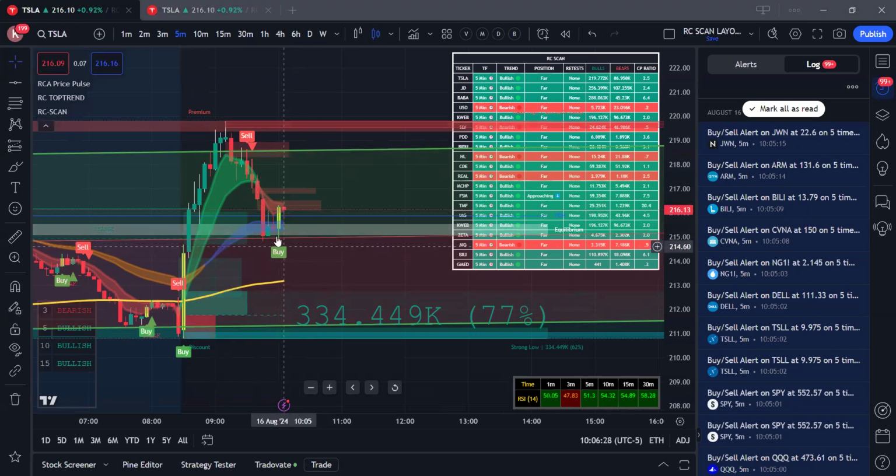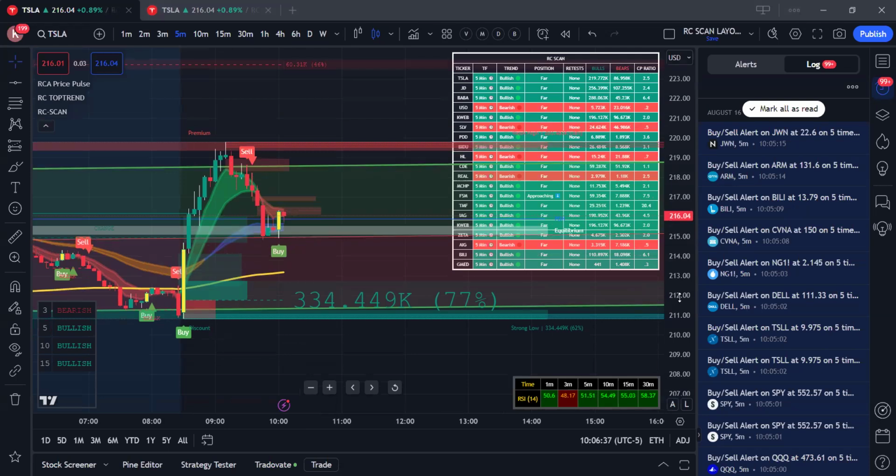Yeah, we got a buy signal on Tesla. It's the same thing. It's a bit bouncing up. Either we can buy Tesla calls or we can also do a bull put spread. Still, this 3 minutes is bearish. You can see like